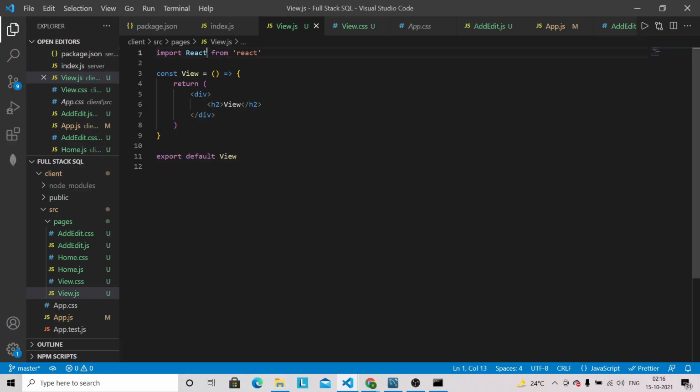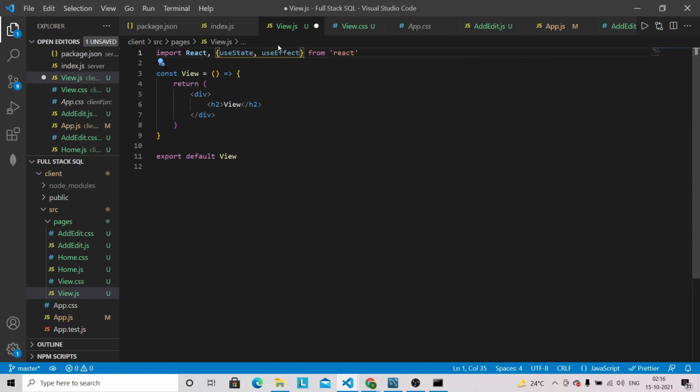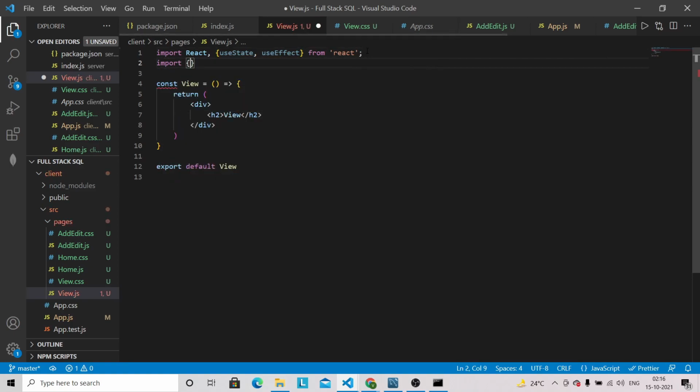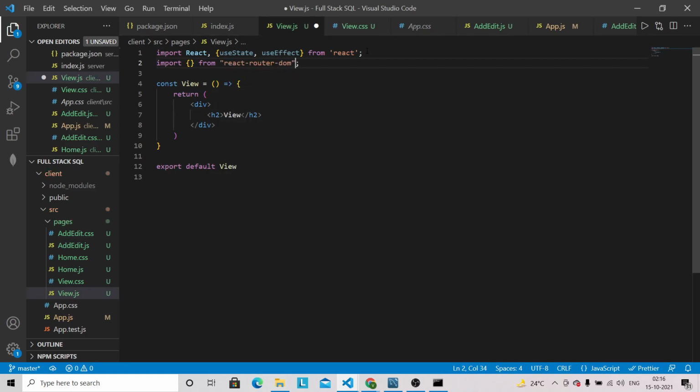So let's work on this view page. In view.js we need to bring useState, useEffect, and we also have to bring useParams and Link from React Router DOM. So let's bring those things.